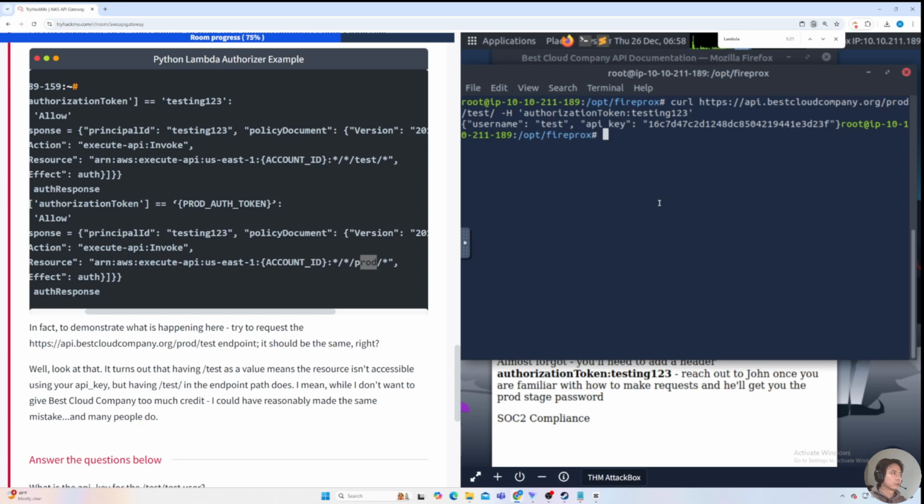I don't know. One thing I could try was using the values of the test user API on production as the authorization token. So let's try that. Copy curl https api.bestcloudcompany.org